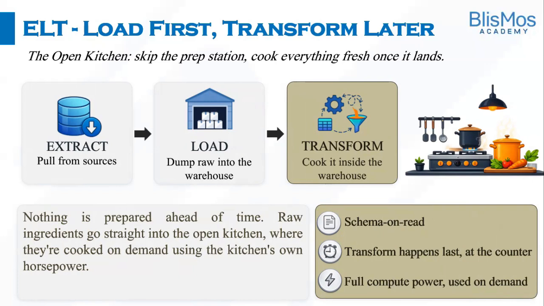The raw ingredients directly go into the open kitchen where they are cooked on demand using the kitchen's own horsepower. Here, horsepower refers to the kitchen stoves. So, the raw data is loaded first and transformation happens inside powerful cloud data warehouses like Snowflake, or